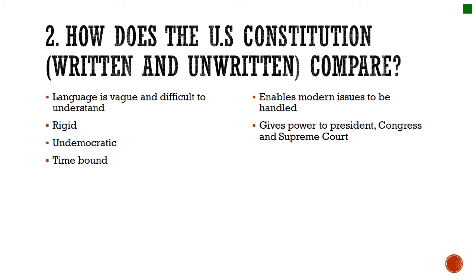And then the last thing is it's time bound. The written Constitution is limited by the fact that it was written in the 18th century, and there's no way that the people in the 18th century could have anticipated the problems we would have in the 21st century. So here we are in a technological age where there are computers and information collected on all of us when we use cell phones, when we use social media, all this kind of thing. And when you think of the concept of privacy, the Constitution says that you have a right to privacy, that the government shouldn't be invading your right to be alone and away from the government,